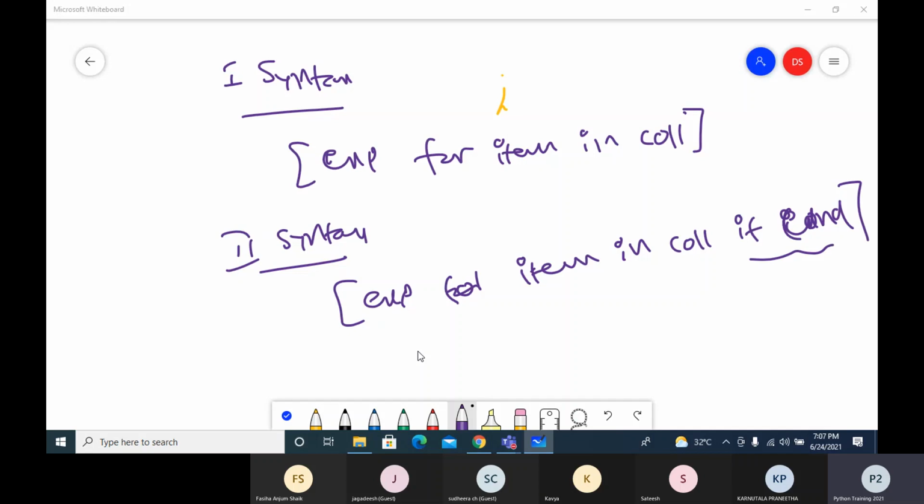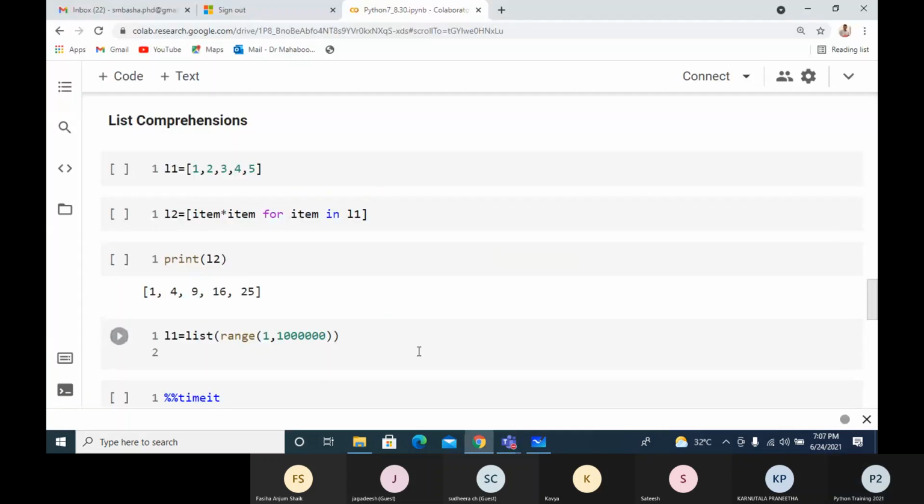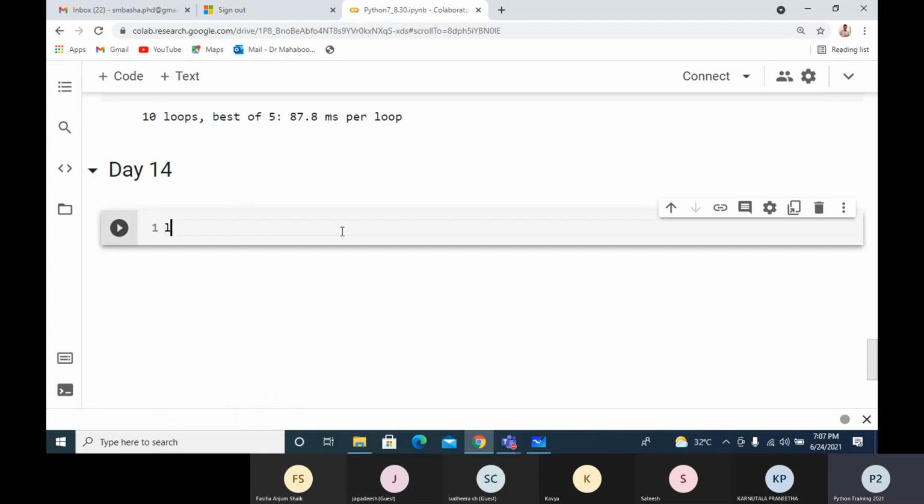So for example here, if I take a set of numbers, I'll take one more list here. So list L1 equals to range 10 to 25. I'll convert into list.